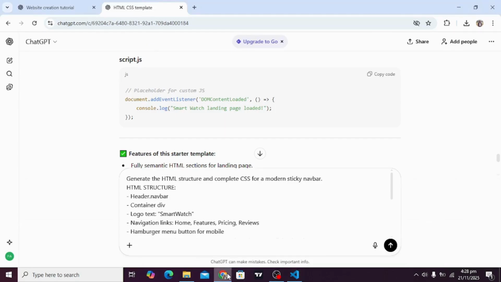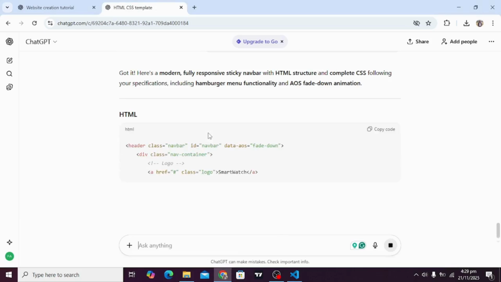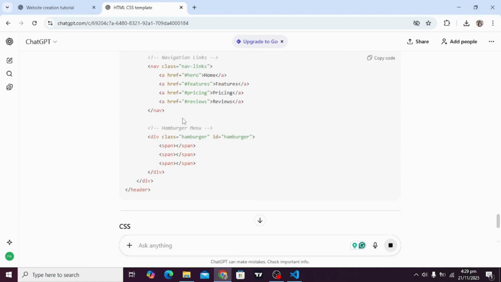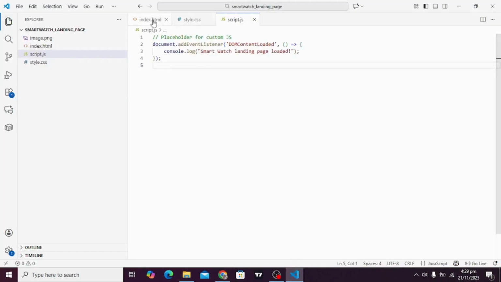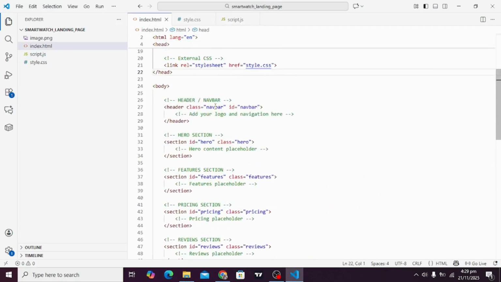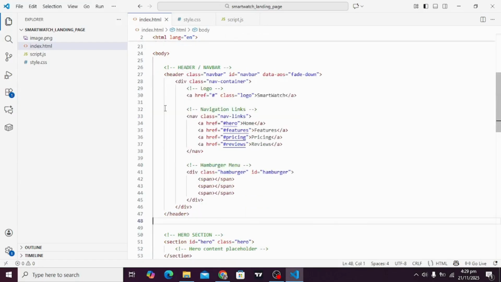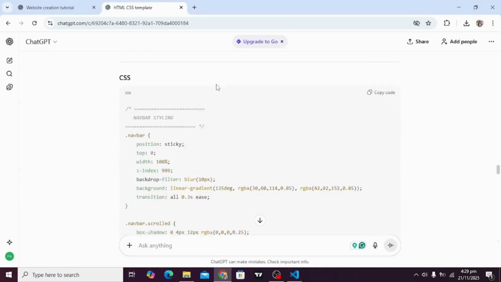Okay, now let's press enter and see what it provides us. So it is writing the code, the HTML part, header part of our website. Let's copy and paste, and we will replace our header section which it had provided here. Control V, and we had created our header.